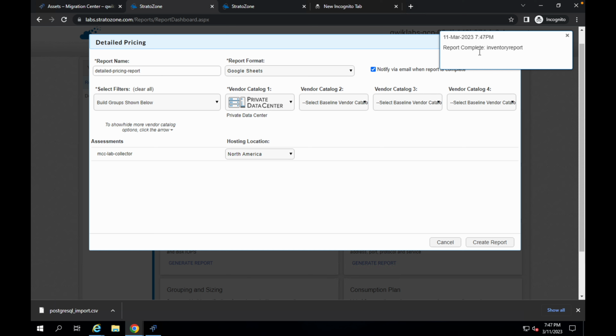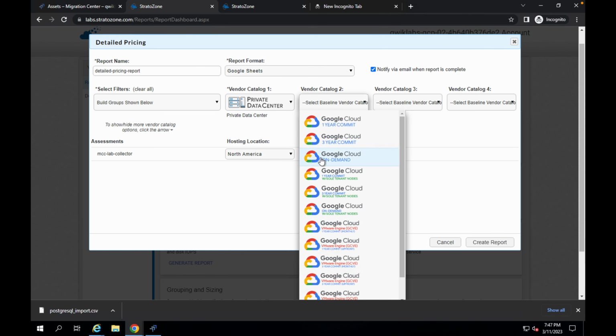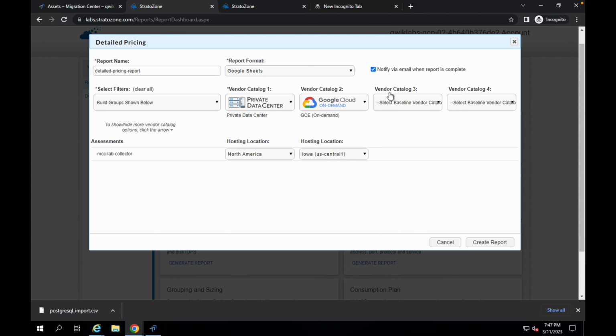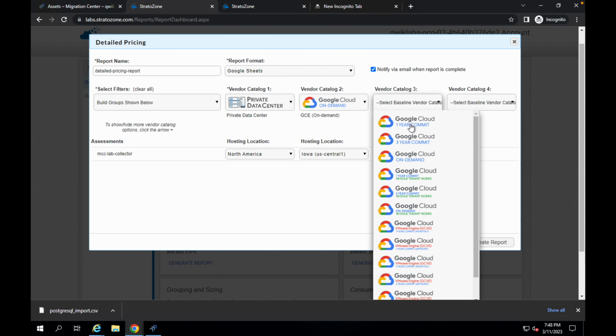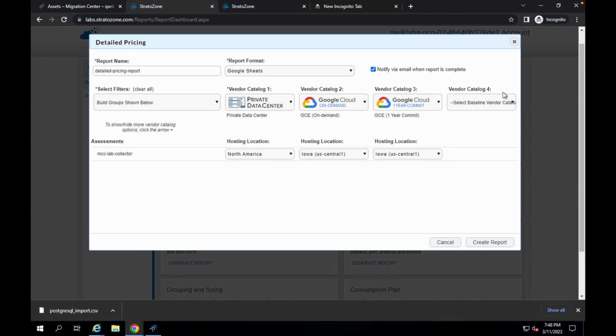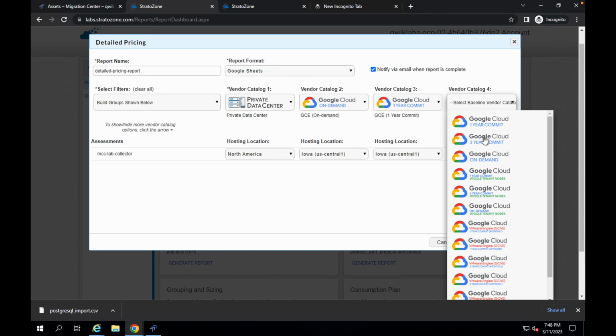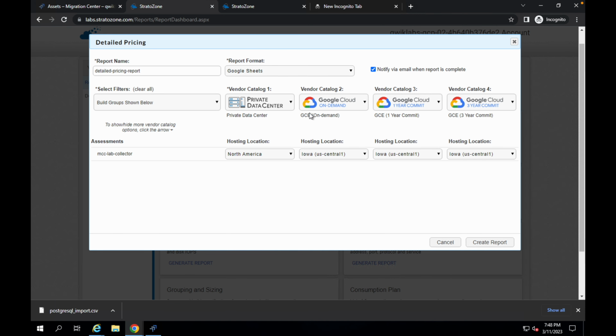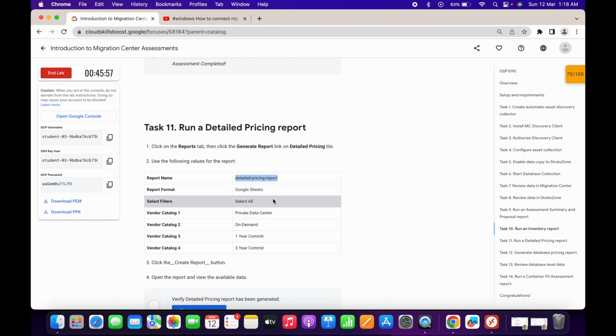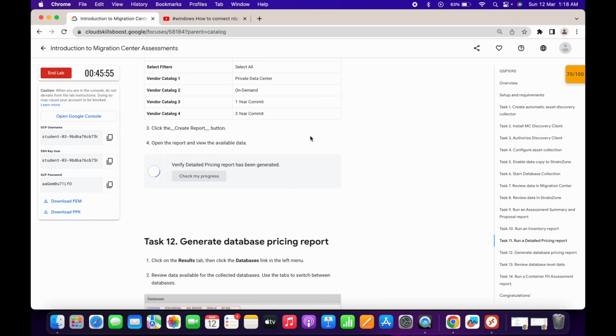and here you can see we got one notification, inventory report has been completed. Okay, so simply click on this cross. Now for here, what we have to choose, we have to choose on demand. Okay, now for catalog 3, what we have to choose, we have to choose 1 year. Now for the catalog 4, we have to choose 3 year. Okay, your detailed pricing report must look like this. Click on create report. Now once you're done with that, click on check my progress, you will get a score